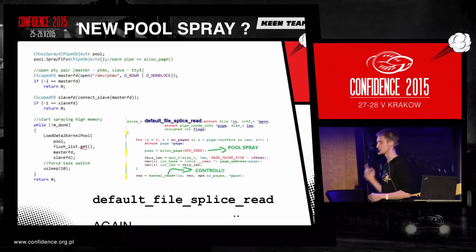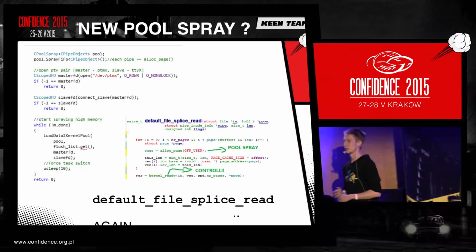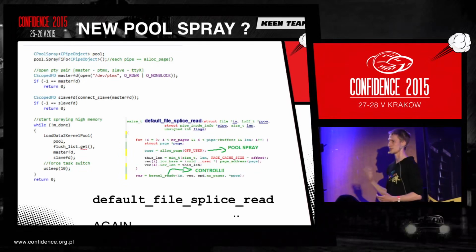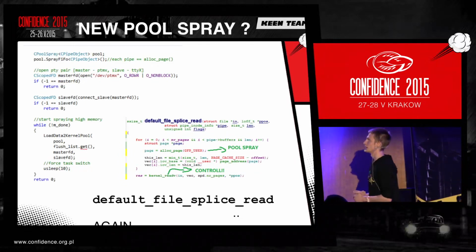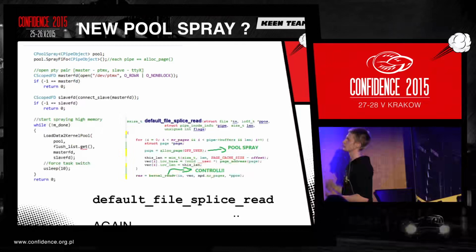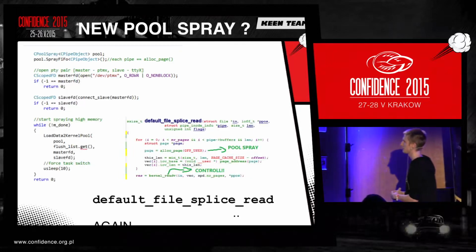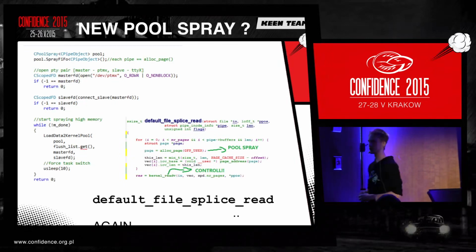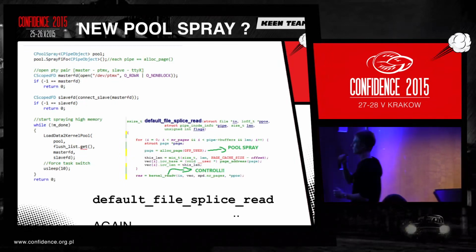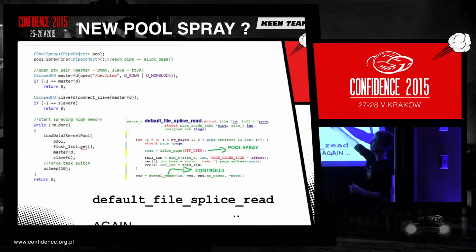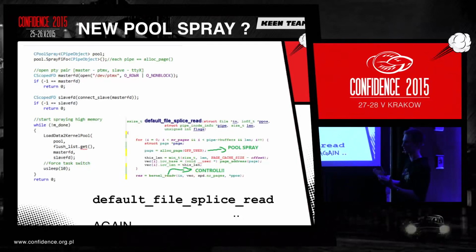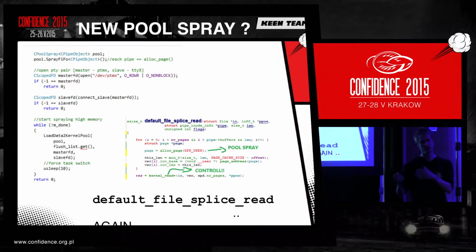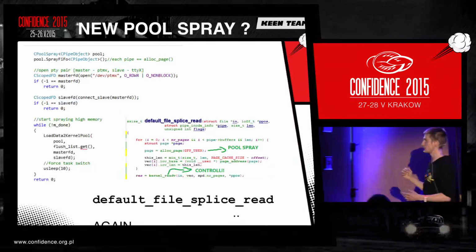Only if you don't use pool spray. But pool spraying can be kind of hard, especially when you have a 64-bit platform. But for that, we introduce some new pool spraying technique. We also use this default file splice write function, because you have the alloc page, which will basically allocate a new page, and the kernel reads the data to the page. But it has, on the other side,